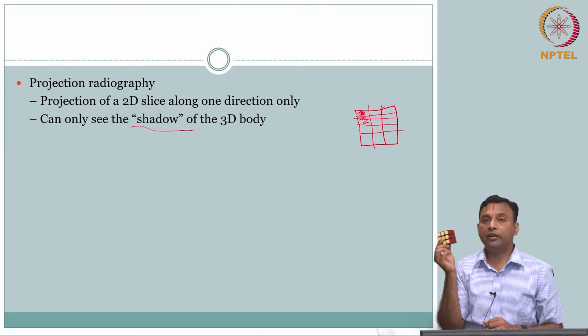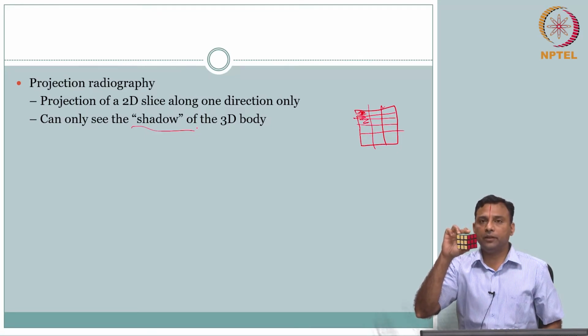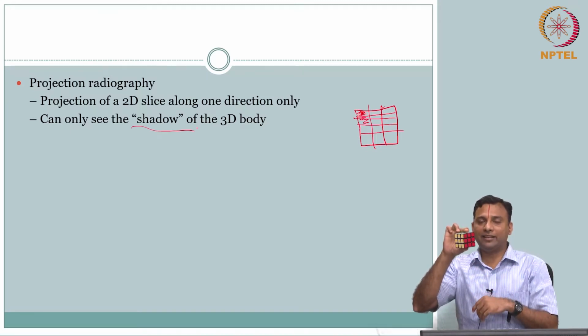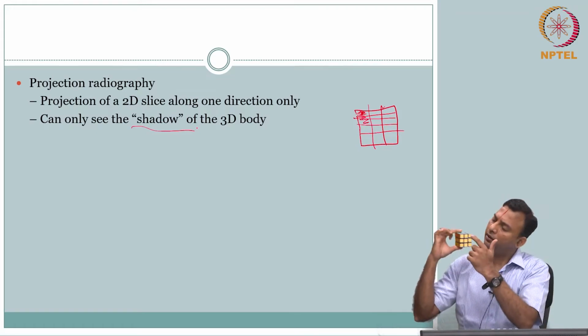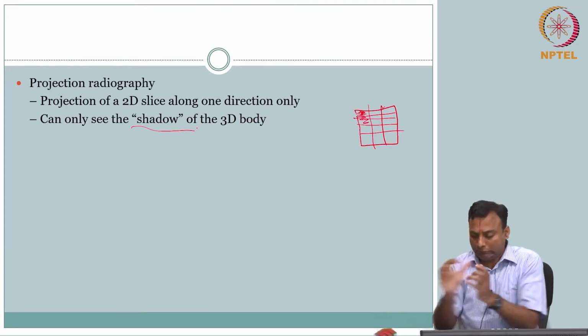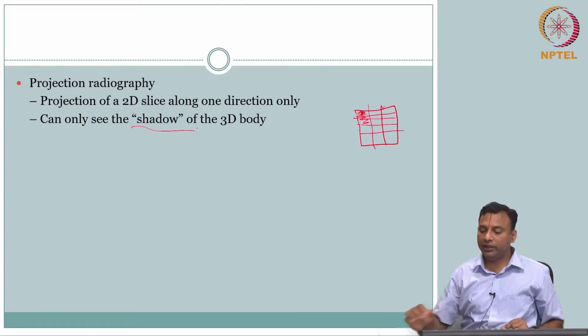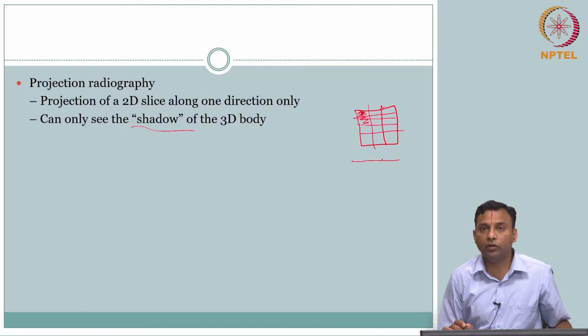If I tilted it like this, what do you see? If I did a good job keeping it straight, then you will see two colors, red and yellow, but you will still see only a projection of this. You will not see the depth of it. If this length is A and this is A, you are going to see probably square root of 2 A.